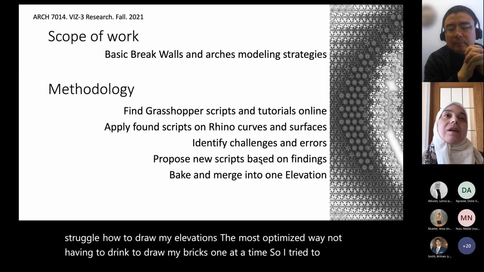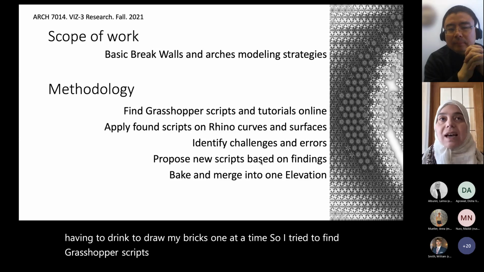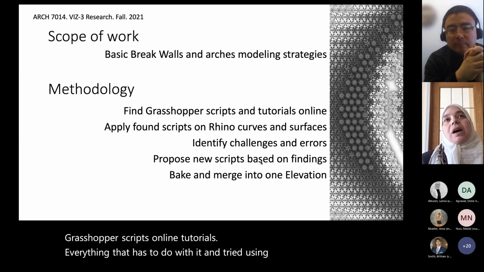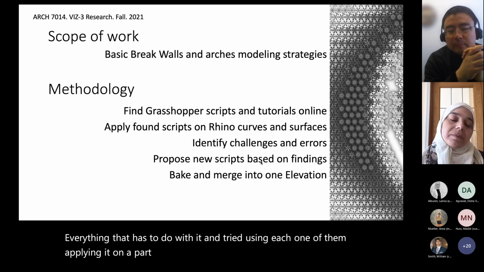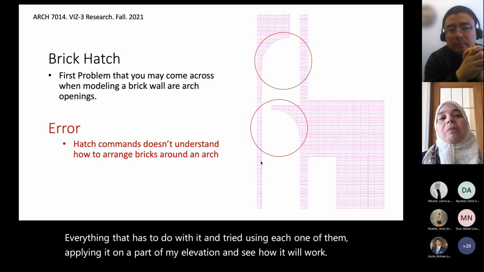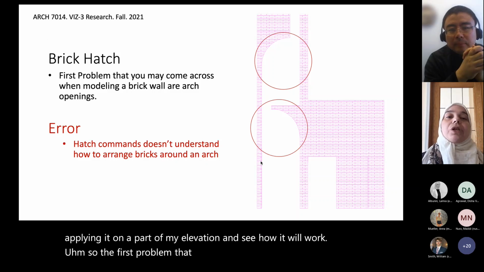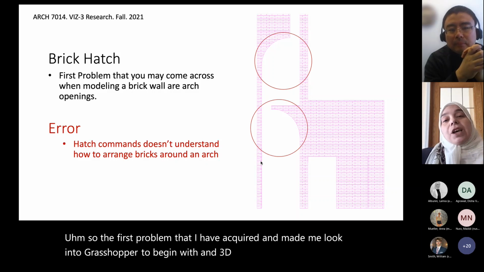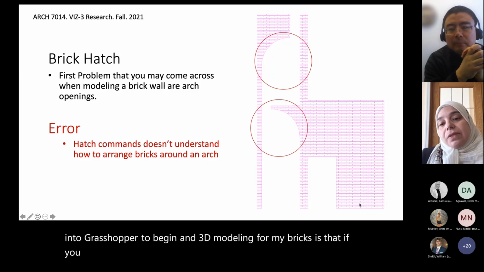Grasshopper scripts online, tutorials, everything that has to do with it, and tried using each one of them, applying it on a part of my elevation to see how it would work. So the first problem that made me look into Grasshopper and 3D modeling for my bricks is that, this is a partial of my elevation, I have those arches here,